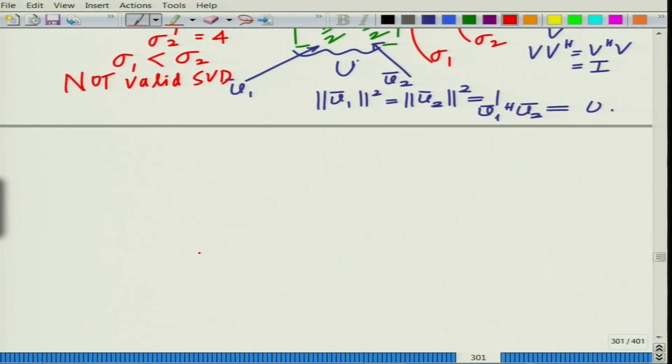So, all we have to do is, if somehow we could switch the diagonal elements, instead of 2 if we had 4, in the place of 4 if we had 2, this would be an SVD, and we can do that right away by doing a simple trick